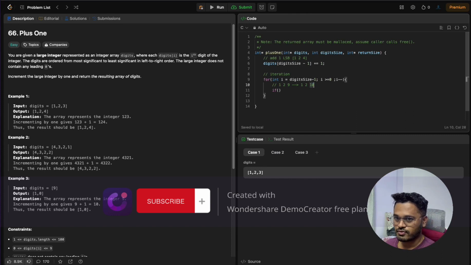So we are checking first if the digits array at position I, that is the end position, is greater than 9, then we'll do our operations. Else, if it is not,